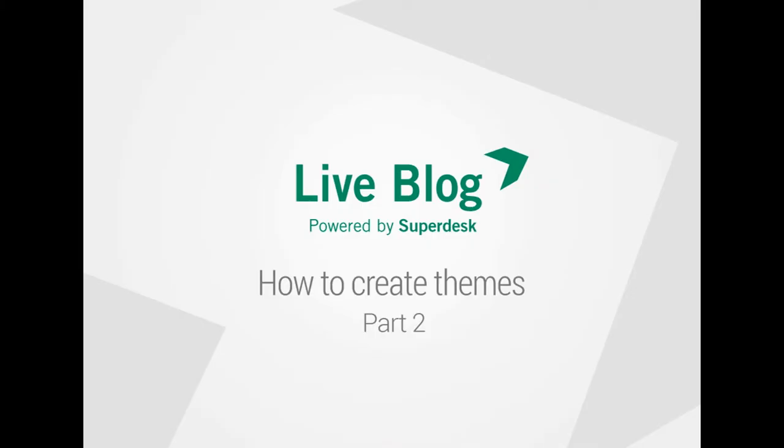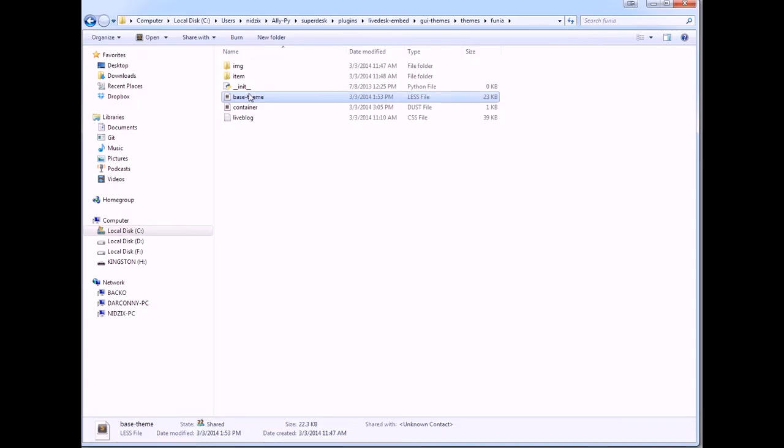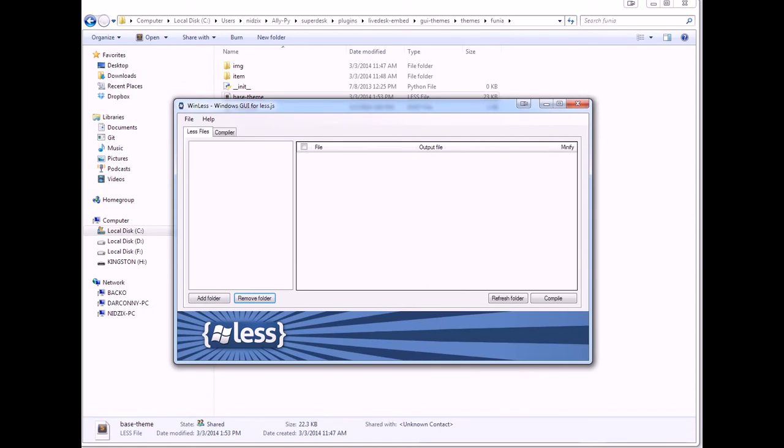I will now try to change some styling to follow the new designs in our team. Go to the folder. There we mentioned we have a less file. Here for compiling the less file into a CSS file, I will use Bin Less. That's an app that provides an easy way to compile less.